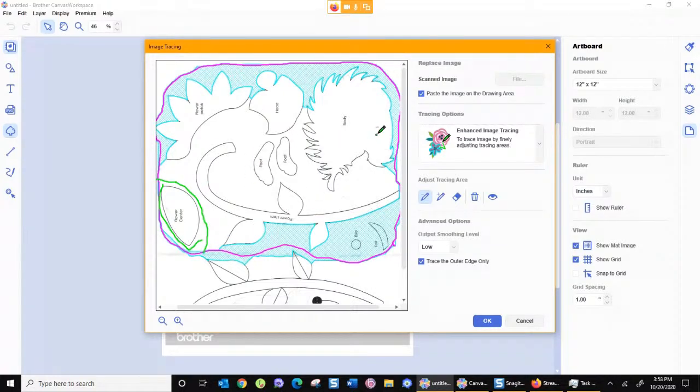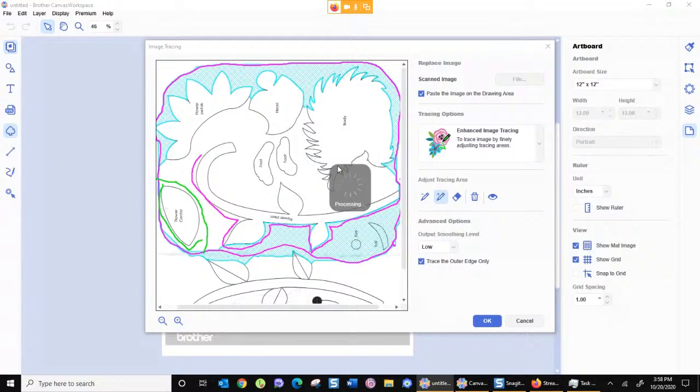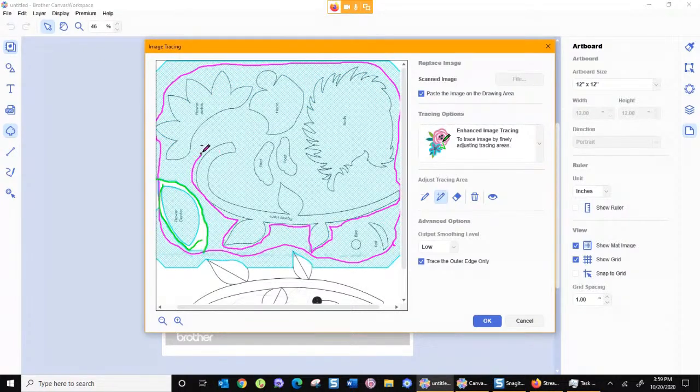Okay, so we're getting there. We're getting there. Now I'm going to add back a little bit back in. So I'm going to come back over here and trace around that area. If I hadn't gone closer around it to begin with, I would have probably had better results. But it all depends on how good you are with a pen. So sometimes I'll try for the whole kit and caboodle, see what all I can get, and then I'll play with it. I added too much back in, so